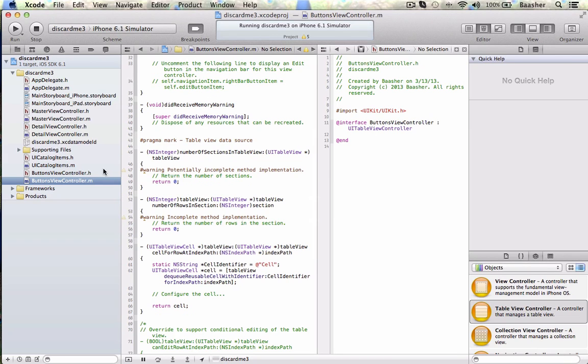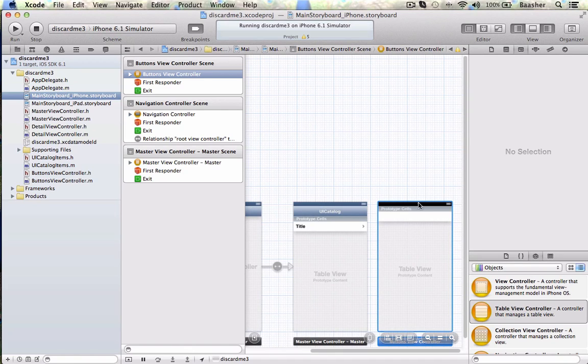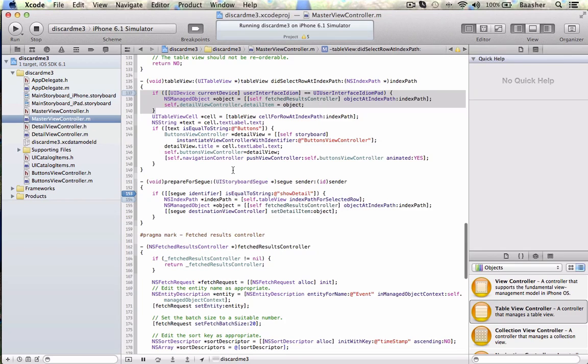Just another class. Add one more class, buttons view controller, that inherits from UI table view controller. I go to storyboard. I deleted the detail screen that was here. Drag a table view controller here. Change its custom class to buttons view controller. Change its storyboard ID to the same. And then I jumped over into the master view controller, went down to did select row at index path,